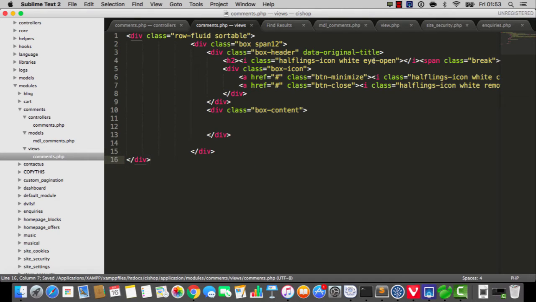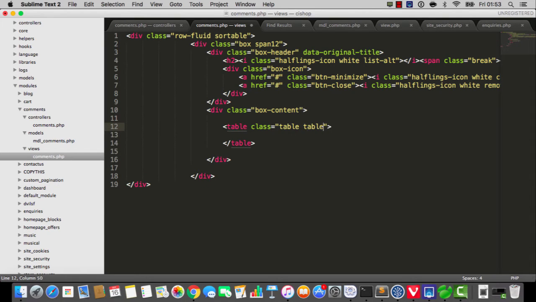Okay, for the icon, I'll have something like, maybe list hyphen alt. And in here, this is where the comments are going to live, okay? So we'll have a table, I think, and we'll say class equals table, and I'll say table dash striped, table dash bordered, and then I'm just going to say